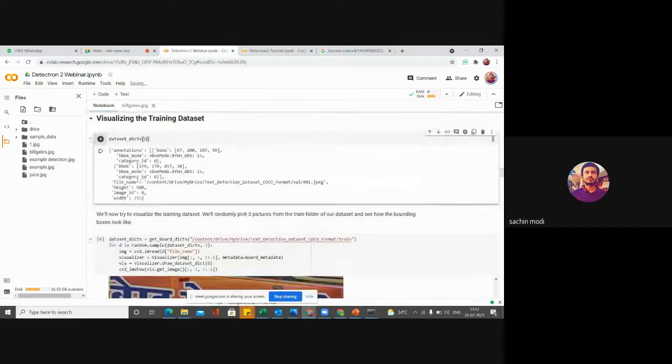This is the path of the image, and then it tells me this has annotations. So this has two bounding boxes. The first bounding box is this. The category ID is 0. 0 is Hindi. This is the height and the width of the image.